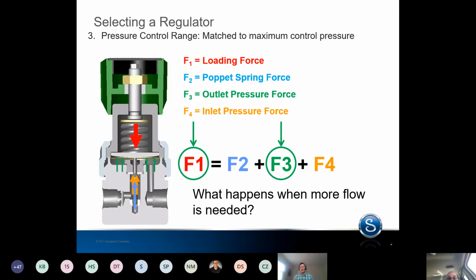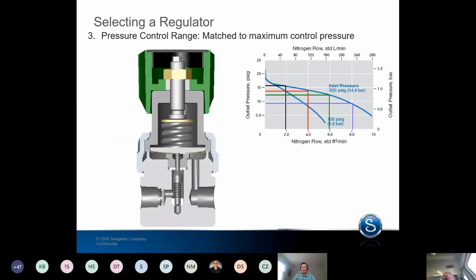The poppet spring isn't really changing all that much, although it will change slightly, but you will have some reaction from that F3, which is the droop. So if you've heard that term droop before, that's what folks are talking about, is the change in outlet pressure as you increase or decrease flow. But mostly it's the thought of how much is my outlet pressure going to decline if I increase the flow